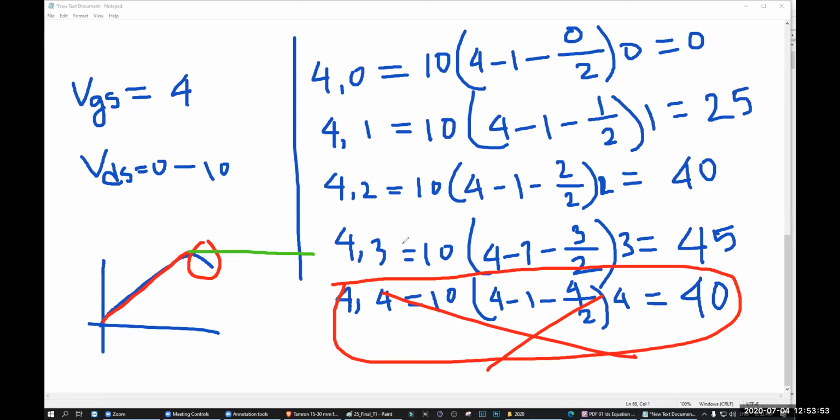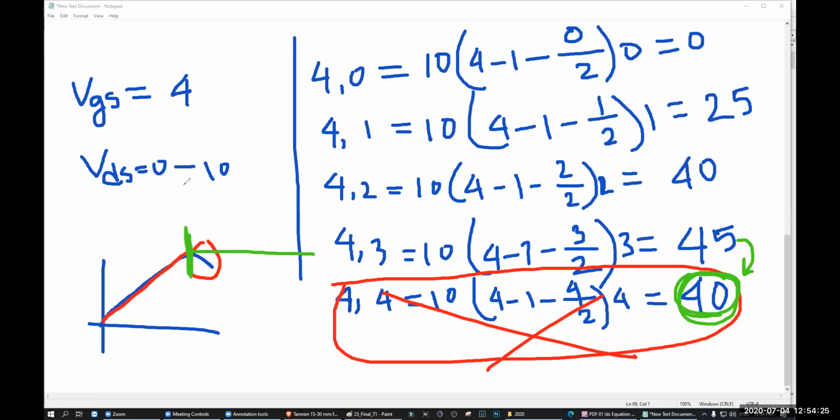So that means our formula actually becomes invalid after this point. After this point, it becomes saturated. It is no longer linear. That's why our formula becomes invalid and our value decreases. Our value decreasing means our formula no longer works. Our formula stopped working there. So we have to find out where our formula stopped.